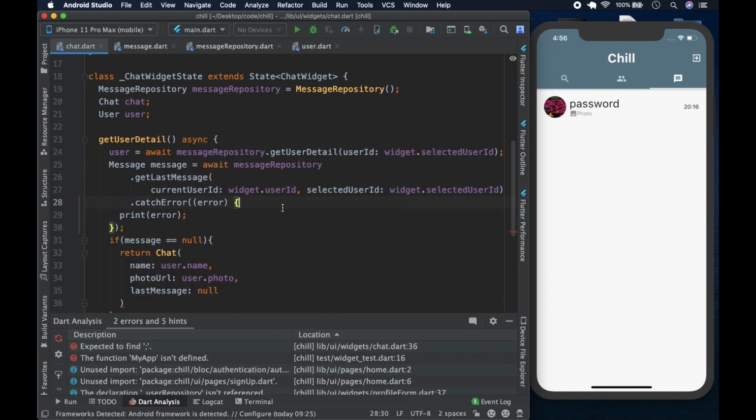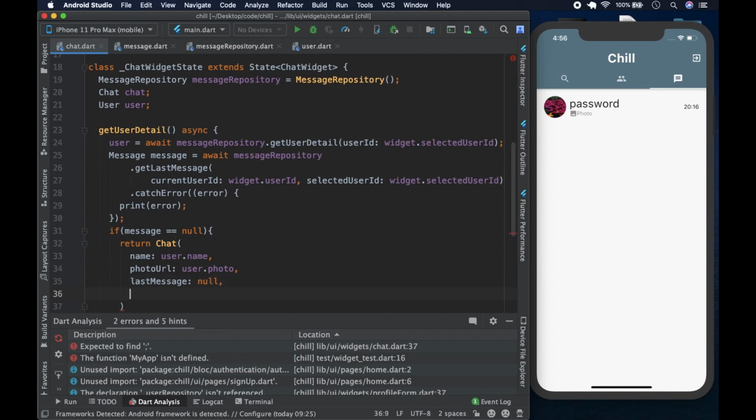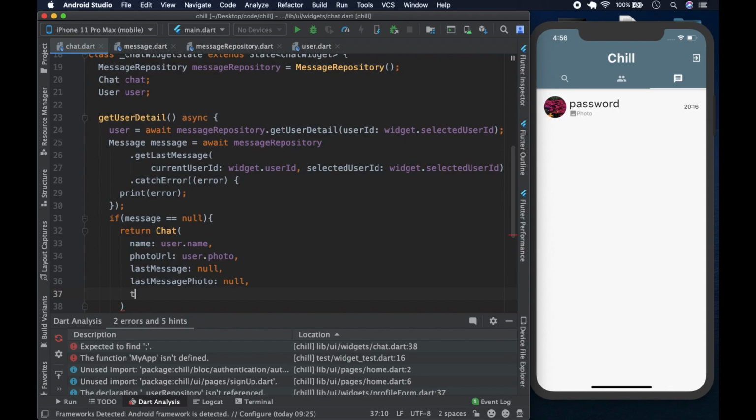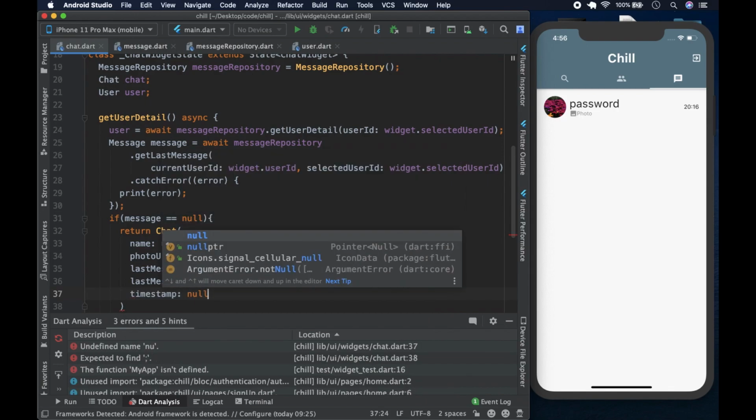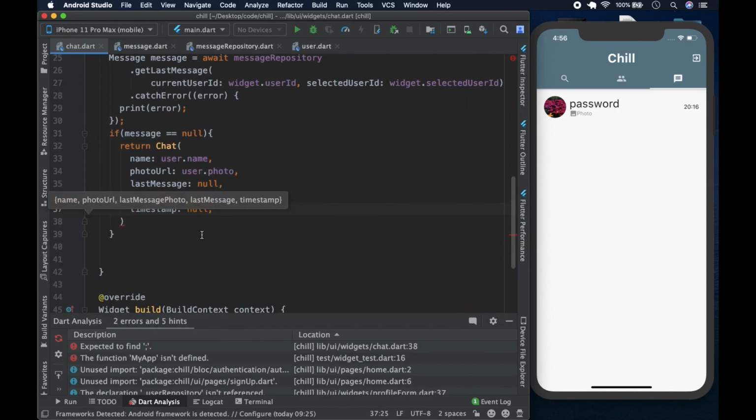Let me just get rid of this so that you can see. It can be sometimes annoying. The last message photo is going to be set to null, like so. The timestamp is going to also be set to null, like so. And we're going to put a semicolon here,